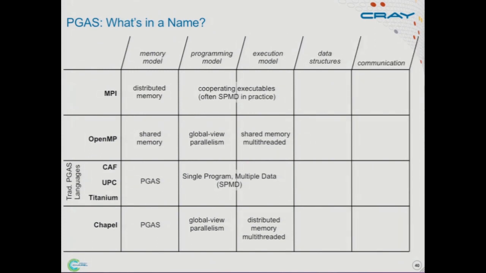Then if we think about other things you might care about as a programmer, like what kind of data structures this language has, or how communication is expressed in this model, this is where the traditional PGAS languages are quite different. The data structures they provide are very different from one another, as befits the base languages. Cray Fortran has multi-dimensional global arrays, and as you heard, UPC has one-dimensional and pointer-based arrays because it's an extension of C. Also, the communication is very different. In UPC, a lot of the communication is implicit: you just happen to refer to an array element that lives somewhere else. That's communication. In Cray Fortran, it's all very explicit in the syntax.